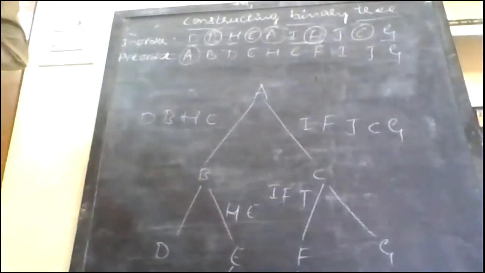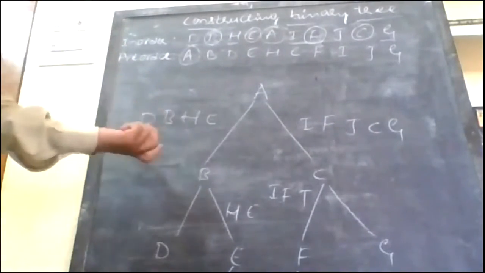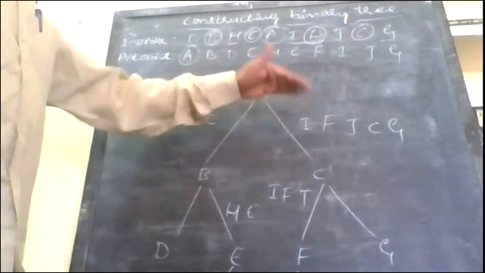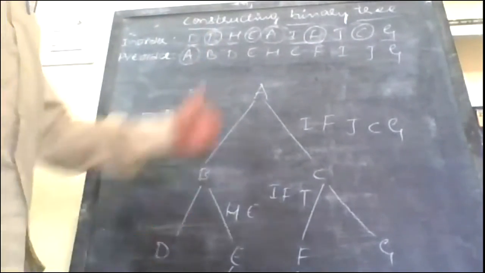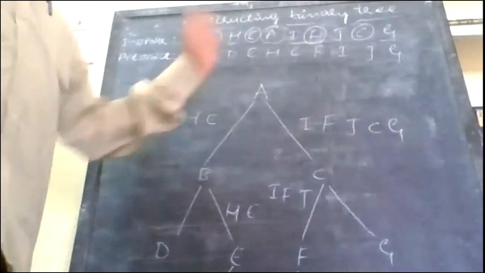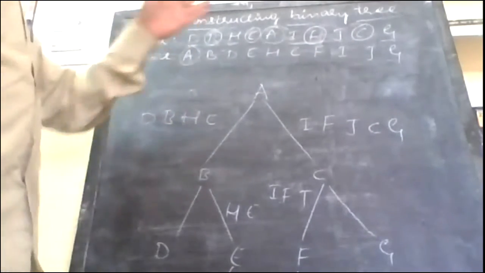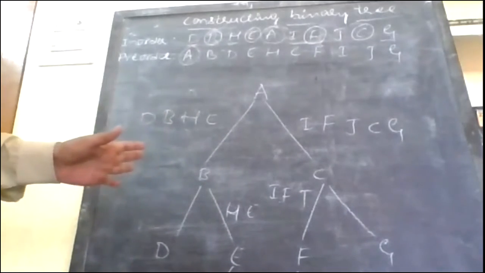Again, I could manage to find the left subtree and right subtree. Then after that, again I proceed in the same manner so that I can find the left subtree and right subtree. First I need to complete the left subtree, followed by the right subtree. So this is done in a repeated manner. We need to scan them in repeated order. This is the way in which we have to construct a binary tree. Clear?